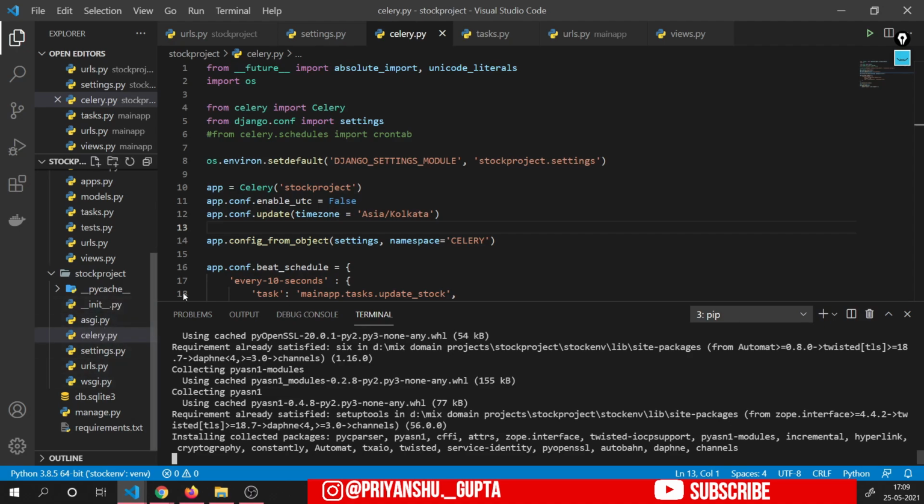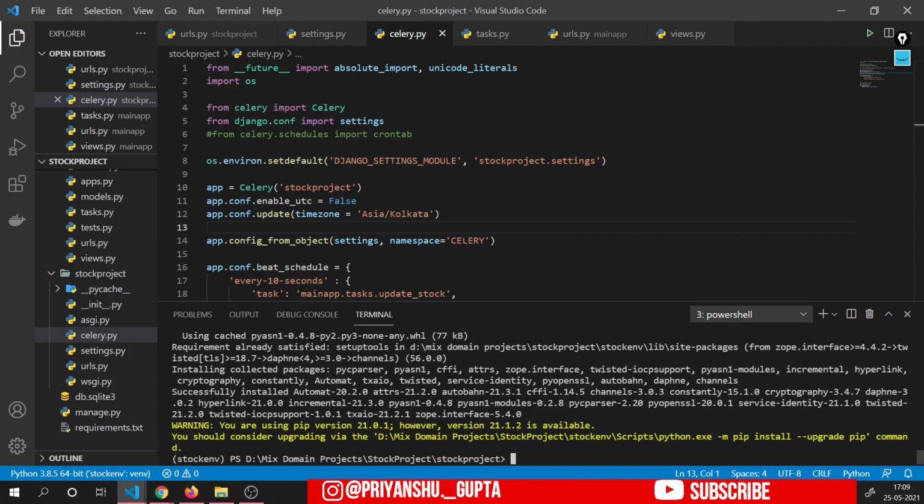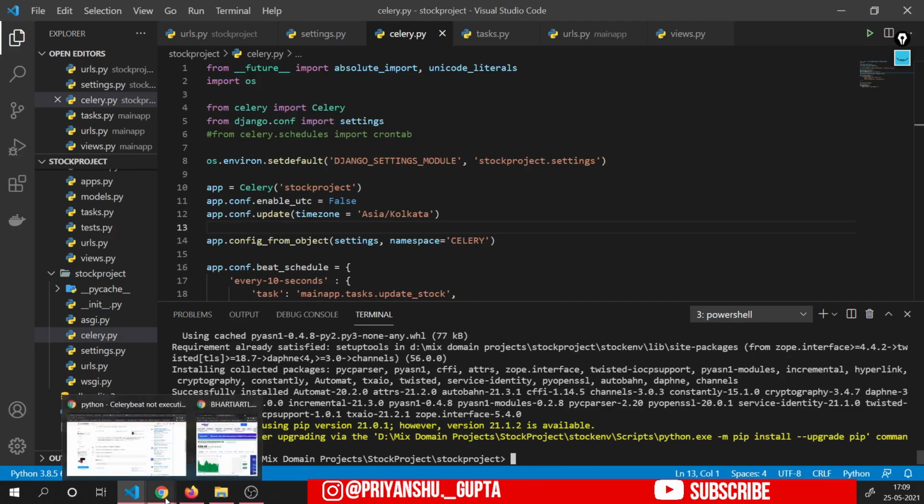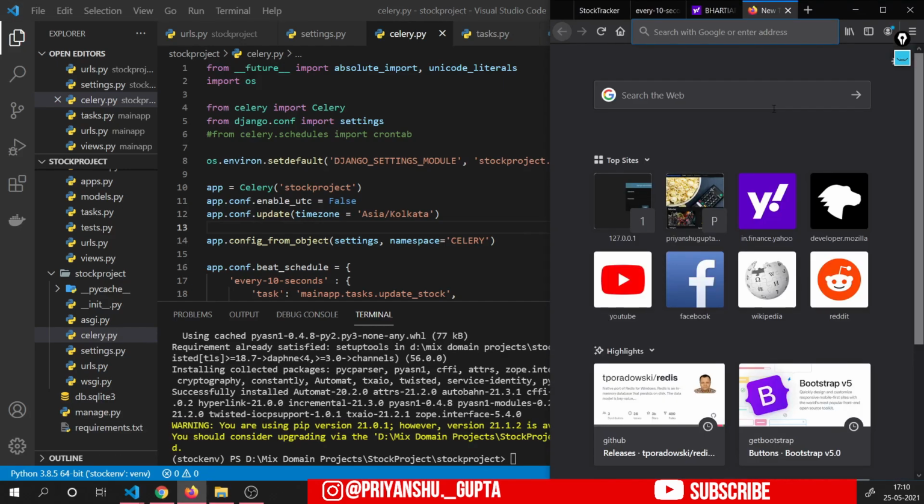So for adding Django channels, I will open the documentation because that will reduce our time. Otherwise, I will have to code everything. From there, I can copy paste the code and integrate Django channels immediately, right?